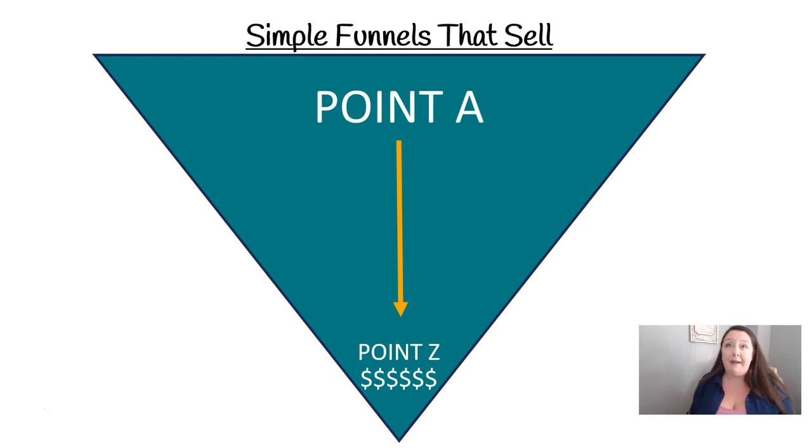Now, I'm of the mindset that there isn't really such a thing as passive income. Even, I see people all the time saying, oh, I'm going to be a blogger, bring in some passive income. It doesn't work that way. But when you've got funnels in place, you do that groundwork, because we're going to cover kind of a lot